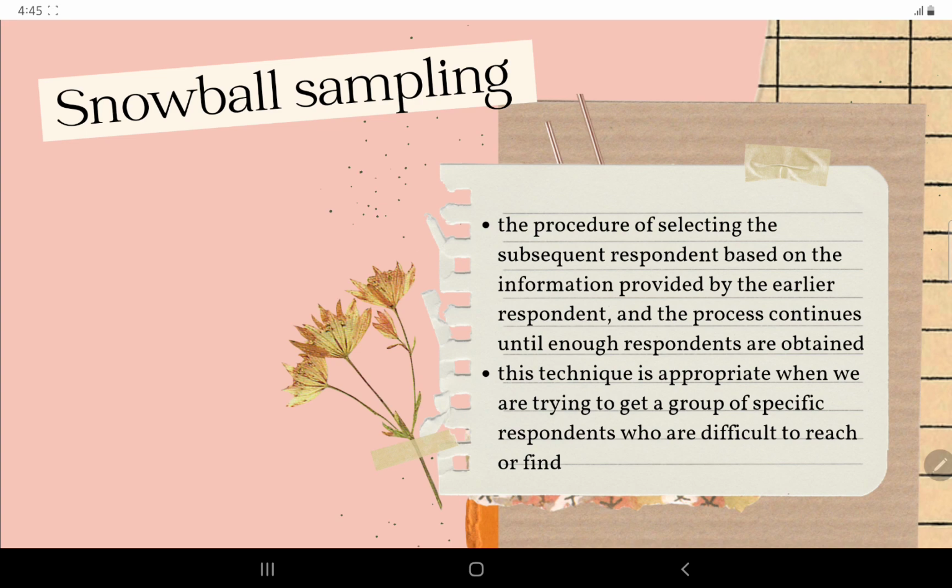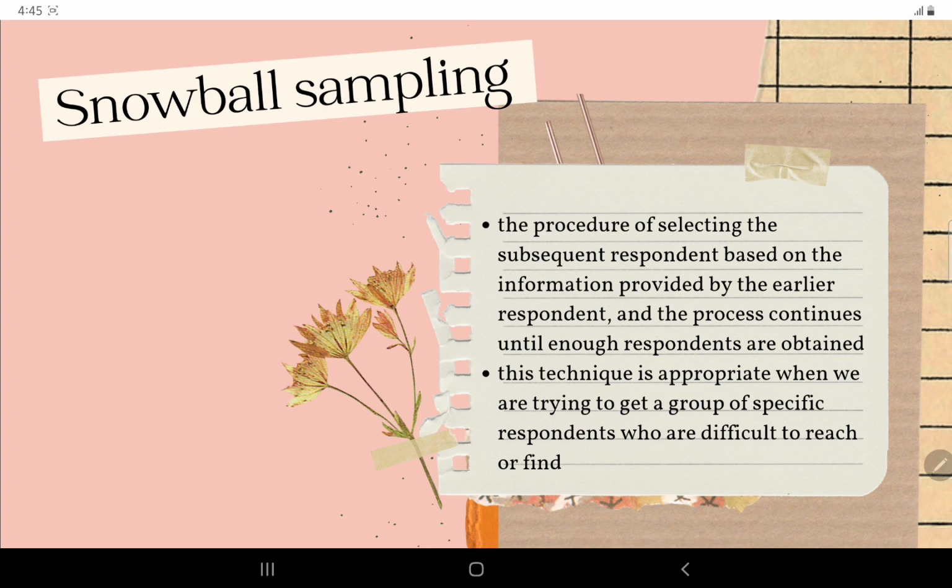Data ni susah nak dapat. Okay, contohnya hal-hal yang private lah. Contohnya lah case buang anak, lahirkan anak luar nikah and then buang anak. Memang susah sangat kita nak cari respondent. Okay, tapi bila kita dah dapat first respondent, and then first respondent tu bila dia dah selesa dengan kita, dia